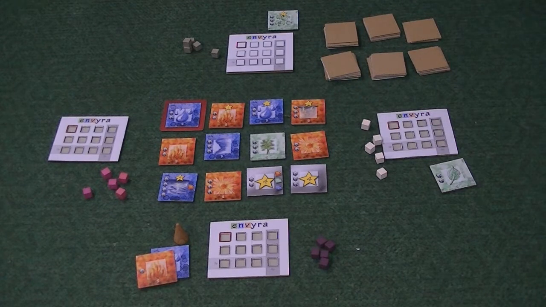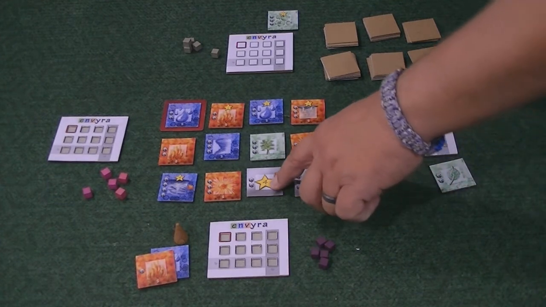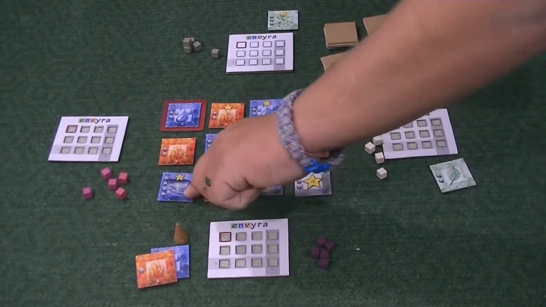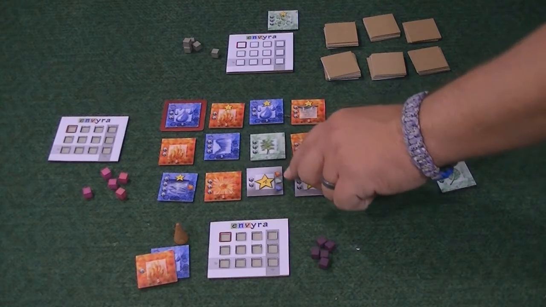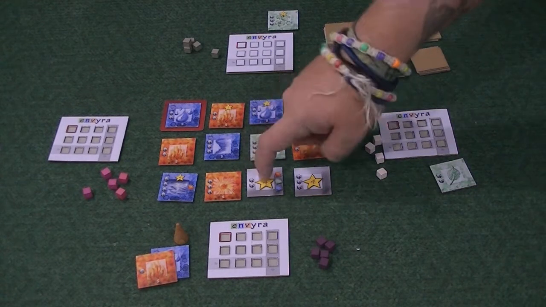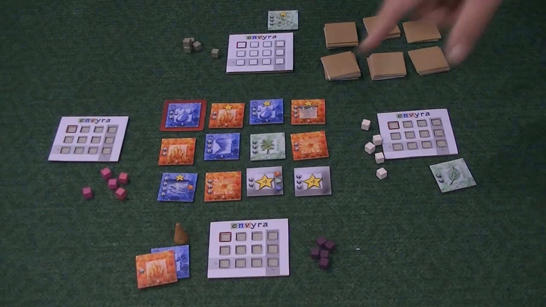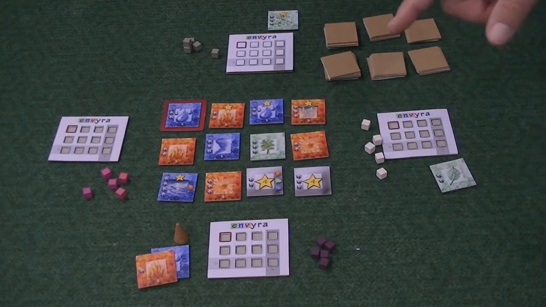They can't be part of a set. However, they are going to be worth a bunch of victory points if you're able to claim them. Both this tile and this tile have these little gems on the side of different colors. In order for you to be able to even put a cube onto those tiles that have those gems in there, you have to have claimed tiles of those colors